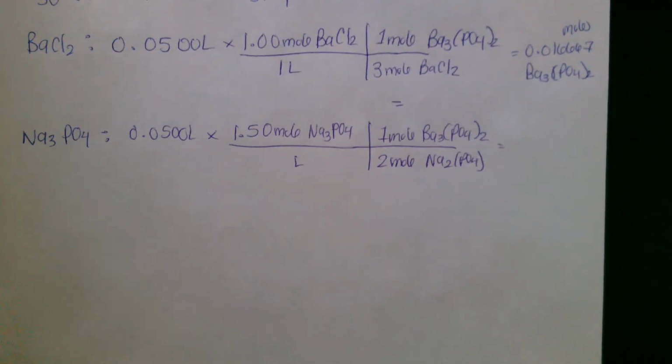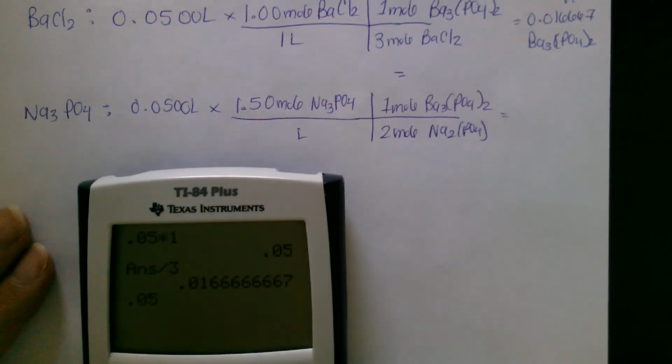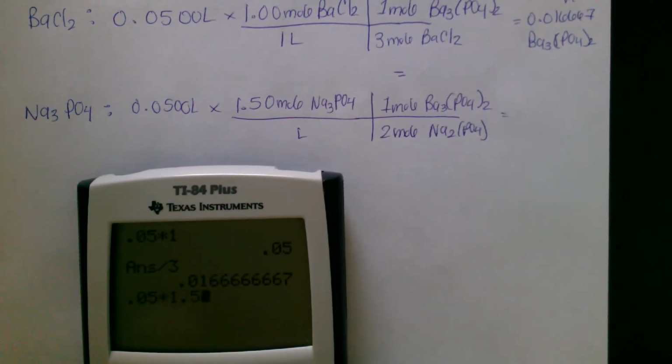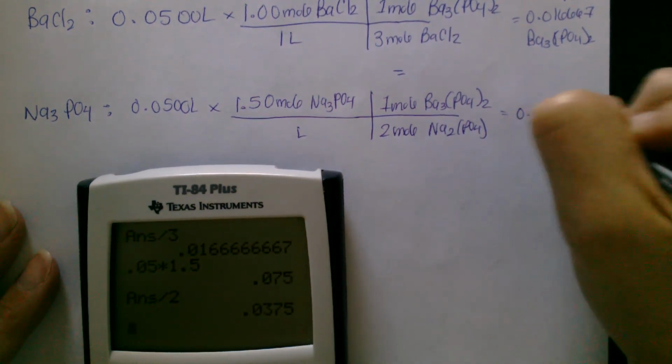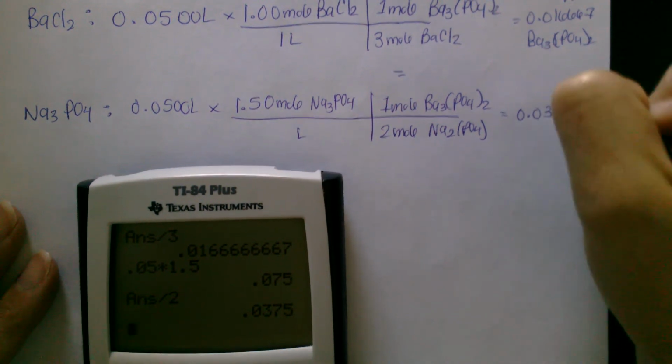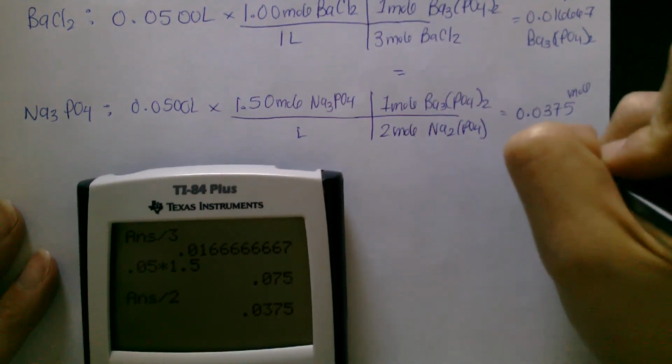So if we solve for that one, our 0.05 times our molarity of 1.5, now divide that by 2, we have 0.0375 mole of the